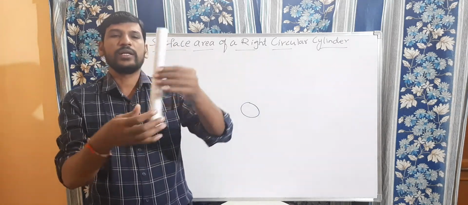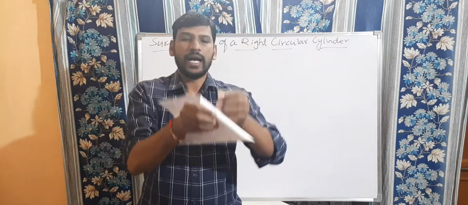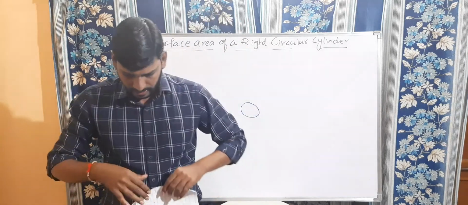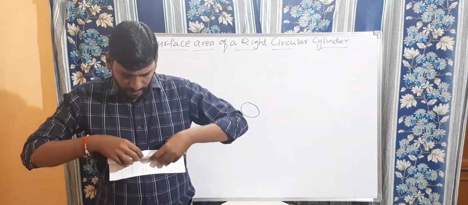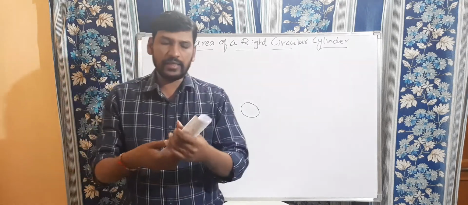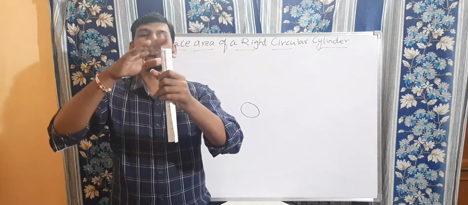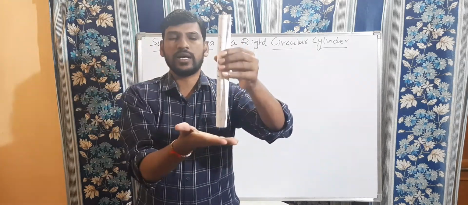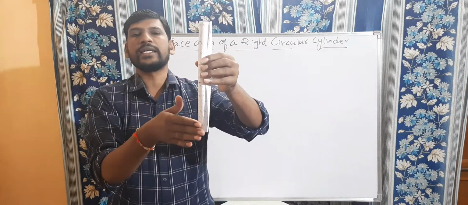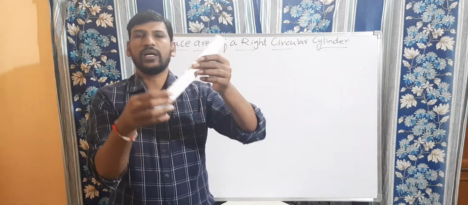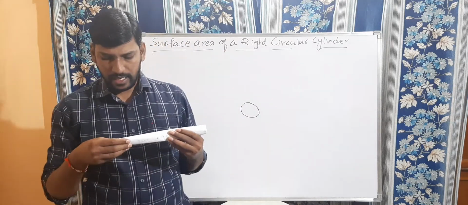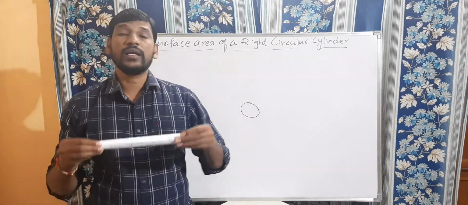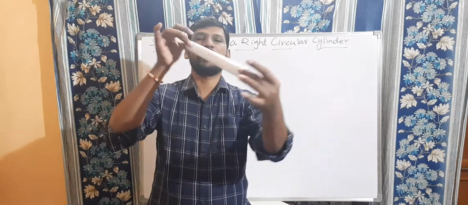Okay, see this here. This is the height, as well as one circle in the bottom, one circle in the top. There are two circles at the top and bottom. Clear? This is the circle, this also circle, and this is a height. Clear? Along with length, along with breadth also, we can make the right circular cylinders. Okay, this is a very simple figure.